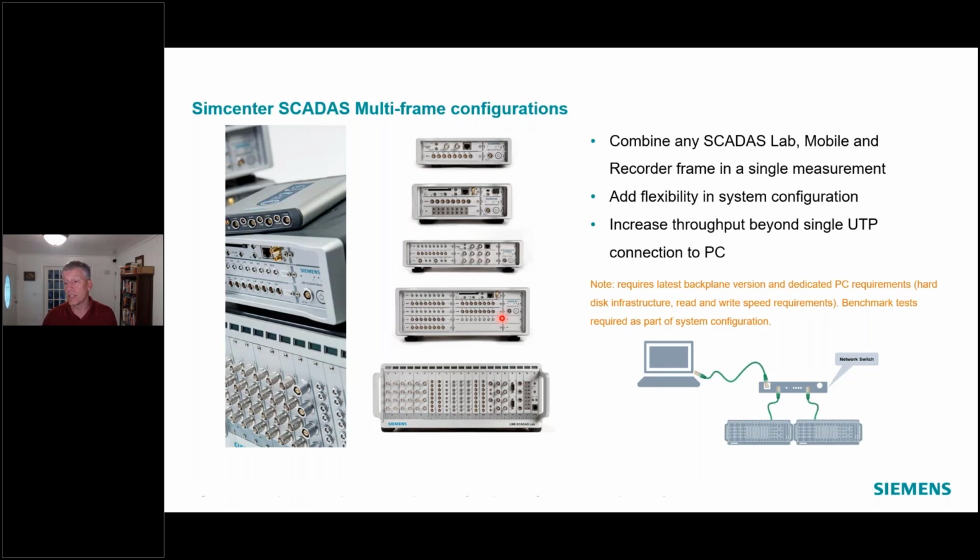It's not well known to a lot of our customer base today, but in those very high bandwidth, high channel count scenarios, it is also possible to configure a setup where you have multiple front ends plugged into a high-speed network switch. I'll be careful, not just any network switch, but specific hardware we can help specify. Then a single computer plugged into that same switch. And through the front end configuration tool, we can then say we're going to use a multi-network approach, and those front ends are all time synchronized, sample synchronized, and look like one big front end, essentially, to the Test Lab computer, and we can then measure them that way.